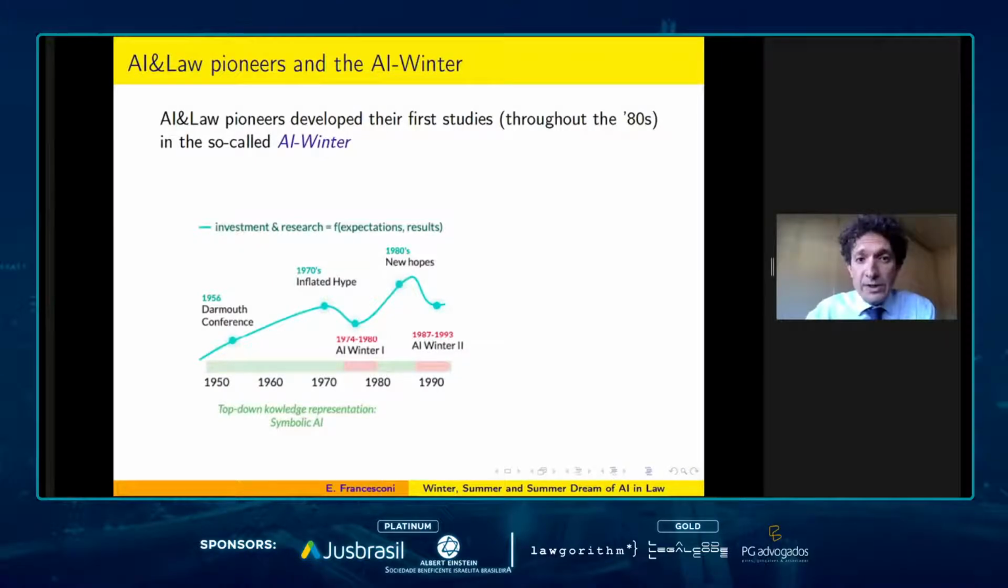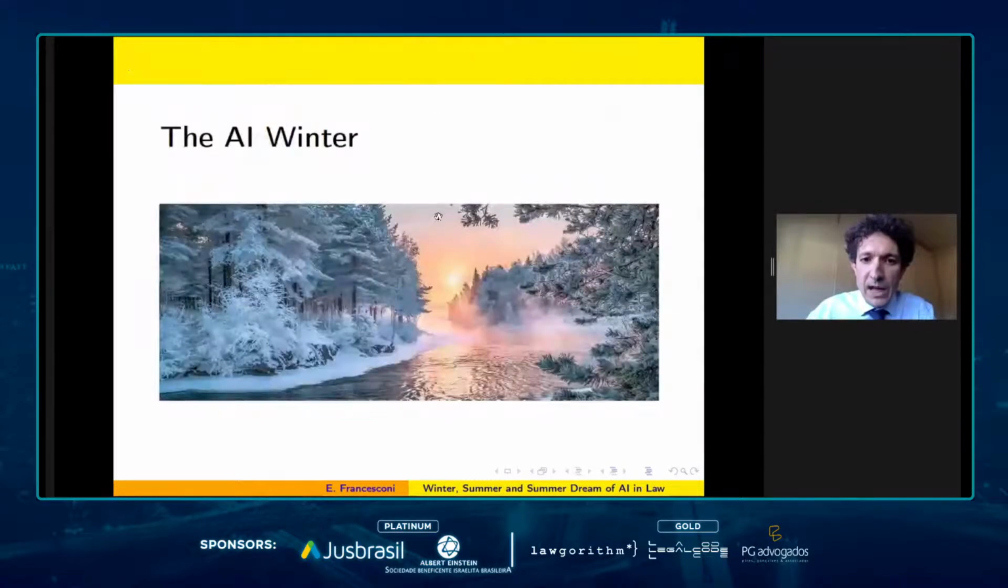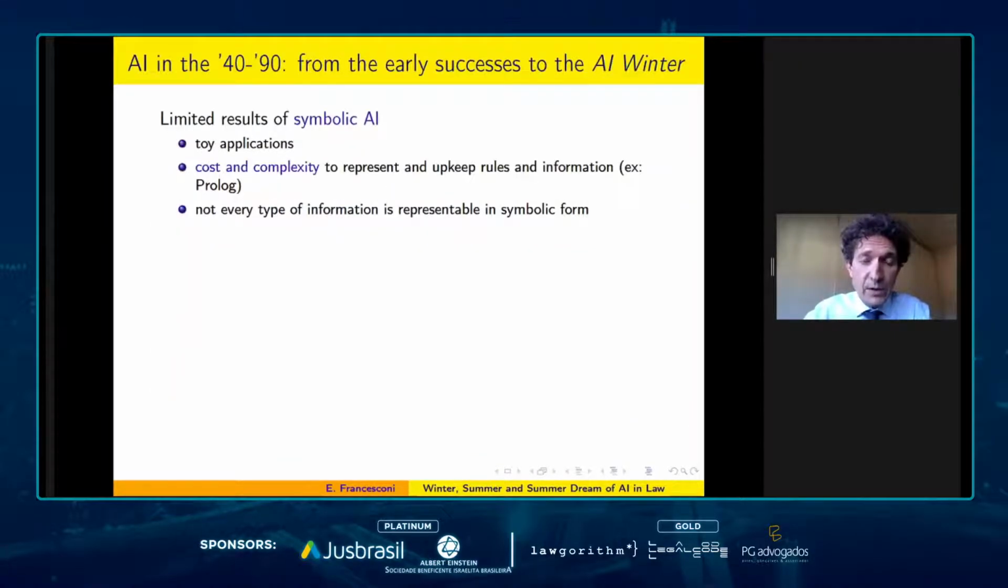The AI and law pioneers developed their first studies throughout the 80s in the so-called AI winter, which was a period characterized by a substantial disillusion about the expectations of artificial intelligence research and its results. It was a period characterized by limited results of symbolic AI with toy applications,